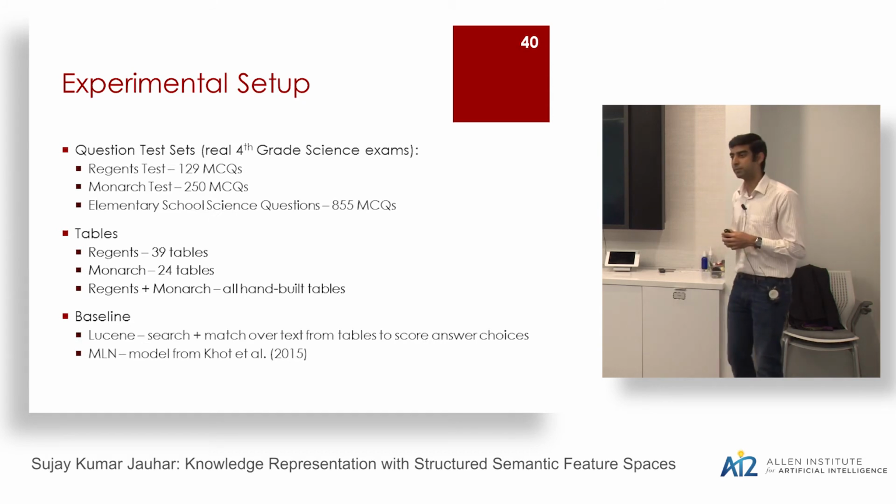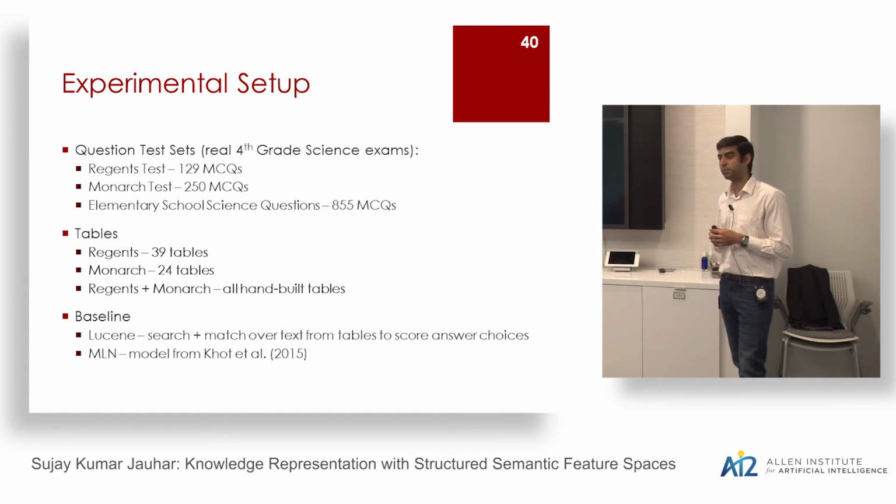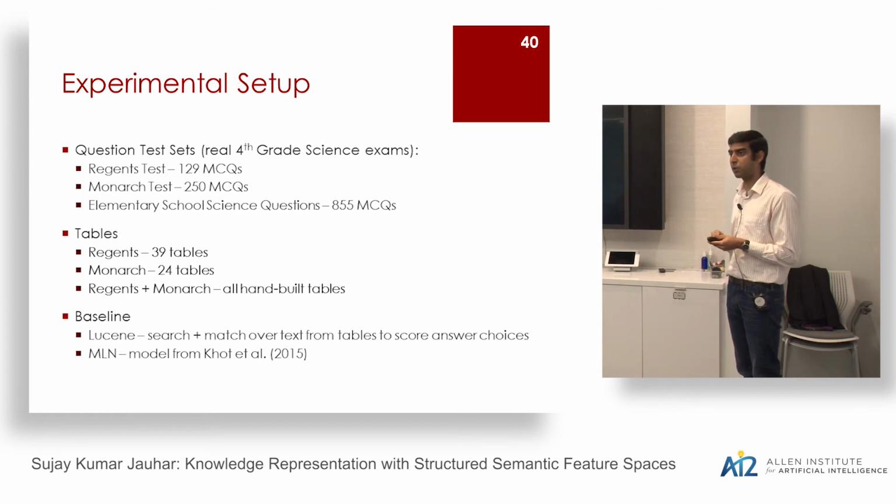Yeah? Is the alignment at the cell level or at the row and column level? Because your data is at the row and column level, do they actually point out which cells align with the question? They do point to specific rows, elements in a row. I'm not sure about particular columns, but we avoid that. I'm not sure how reliable that is in the original data set, so we basically take things over the entire row.